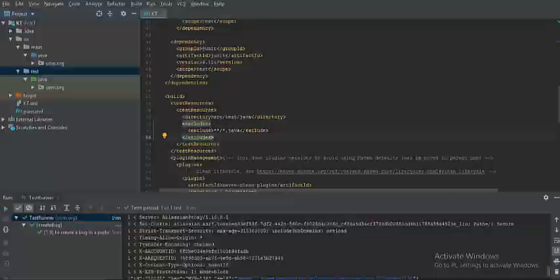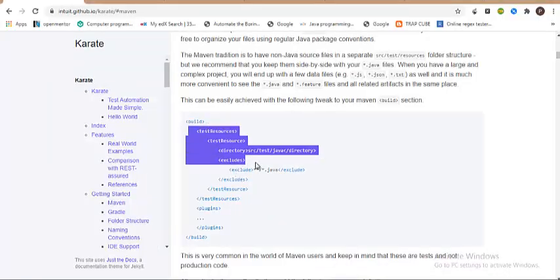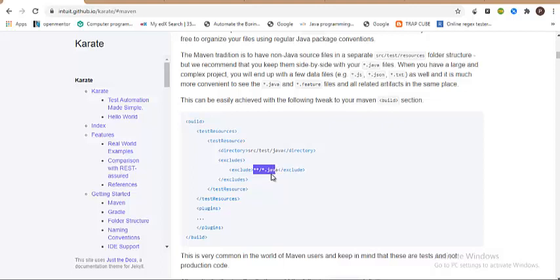So if you come back to this, what it ideally says is that test resources is coming from src test java. Just look into this particular directory, and you can see */*/java. This is a regular expression. What they are ideally saying is, with the help of the exclude tag, exclude any file that has a Java extension. Why do we need to exclude Java? Karate recommends that we keep all the Java files as well as the feature files in the class path. But when you execute all these from your Maven test, you tend to have both Java files invoked and also the feature files invoked, where you might get into failures.